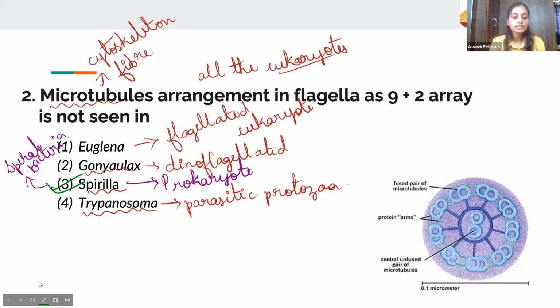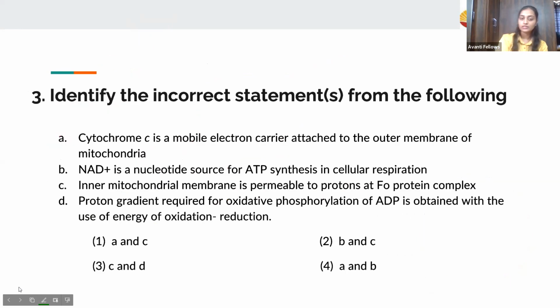Yes. So let's go to the next question. That is the third question, which says, identify the incorrect statement. So be very careful when you are reading the question. It says incorrect statement. That is, we have to find the statement which is not correct. So let's see the statements. The first statement says that cytochrome c is a mobile electron carrier attached to the outer membrane of mitochondria. Is it correct? No, it is not correct, because